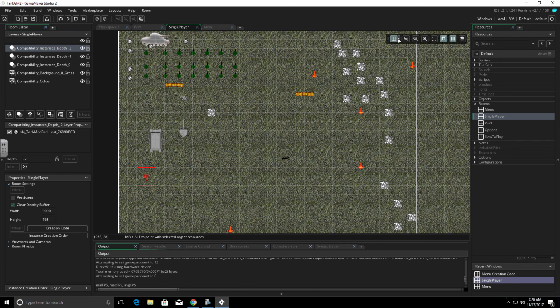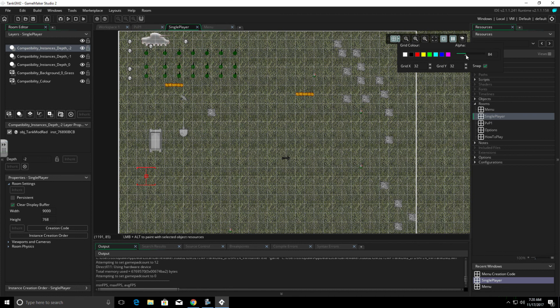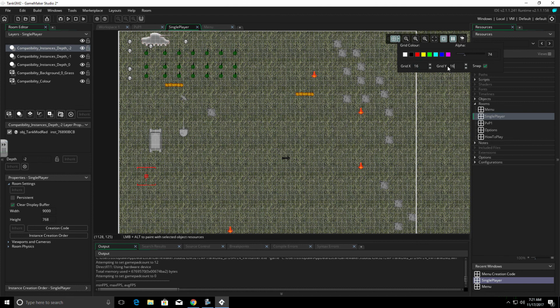The last thing we're going to look at is the first thing on the list, and it's got a drop down. We can turn the grid on and off, and this little drop down allows us to set the grid color. It lets us set the alpha of the grid, so basically how bright that grid is or how defined the grid is. We can set how big our squares are on our grid. So for instance, if we don't like this 32 by 32, we can change it to something smaller or bigger. And our snap is when we place something on the grid. Is it going to snap to two intersecting lines, or can we just place it anywhere we want to in the screen?